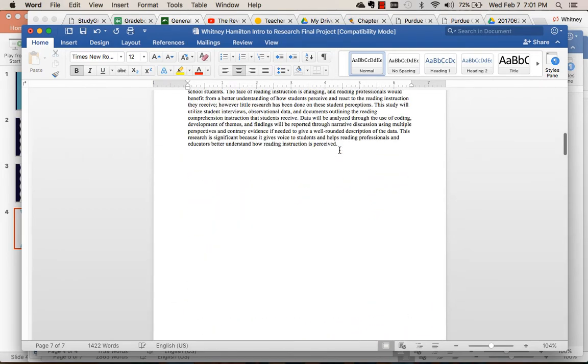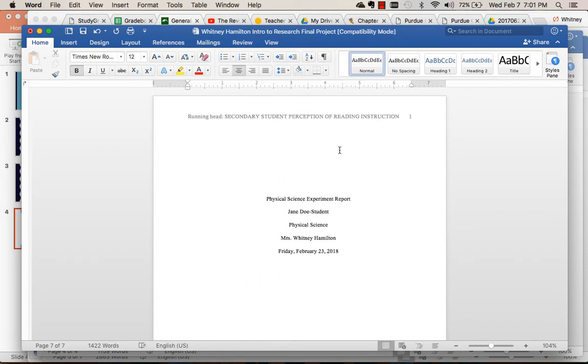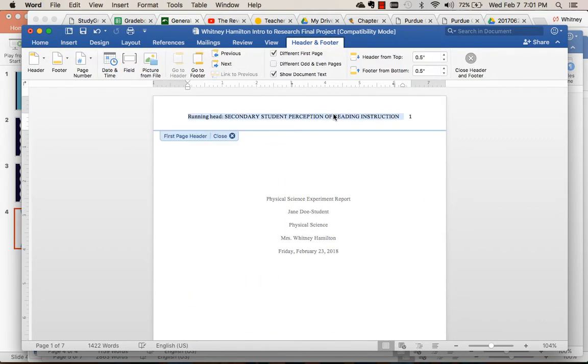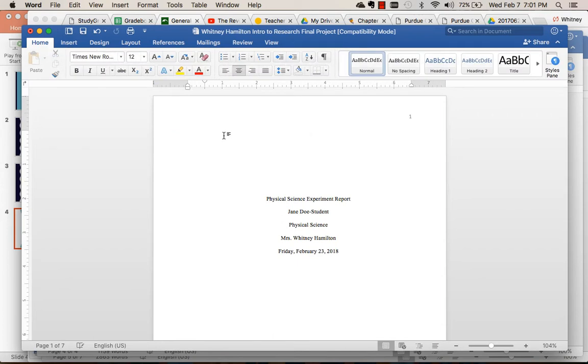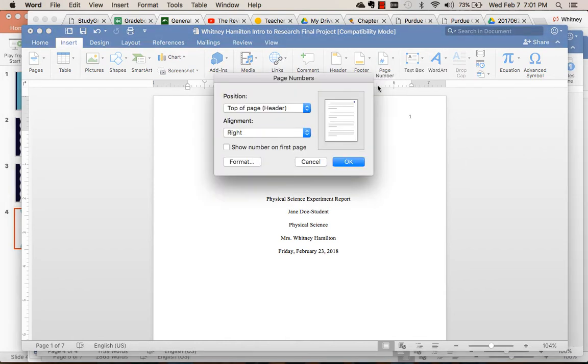Yeah, so that's your paper. Oh, we're going to get rid of this heading. So let me tell you now what I want in your right-hand corner. How you get there is going to be to insert page number, top of page, header, right,